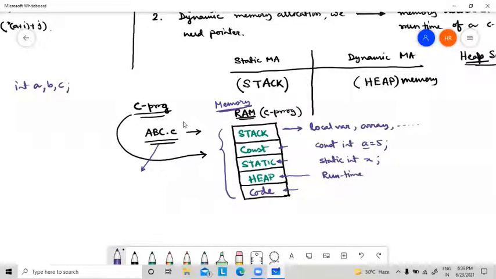Suppose you have declared 3 integer variables a, b, c. Now if you print the address of a, address of b, and address of c, you will be surprised by seeing the address values. In a normal situation, what you will think is, if the address of A is say 100, then the address of B will be 102, considering integer as 2 bytes. Then the address of C will be 104, correct?